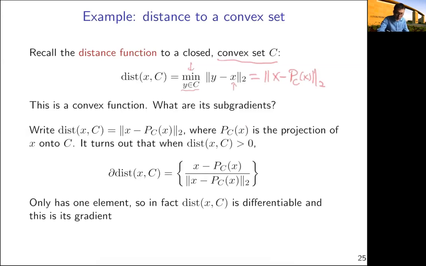Okay, let me prove this for you. First of all, y minus x, the two-norm, is a convex function, and y minus x is an affine transformation of the vector (x, y). Therefore, this is jointly convex in x and y. And since we are minimizing this function over a convex set, this is a partial minimization. So by applying the rule of partial minimization, yeah, there's an answer,